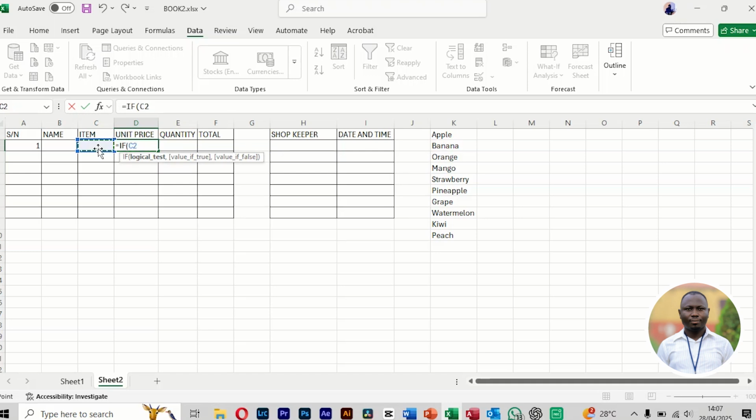This field here, which is my C2, equals to... I'm not going to use greater than or less than. I'm going to use equal, because it's either a mango or an orange; it's just going to be an exact match of the items. So I'm going to say if C2 equals to, open quotation,